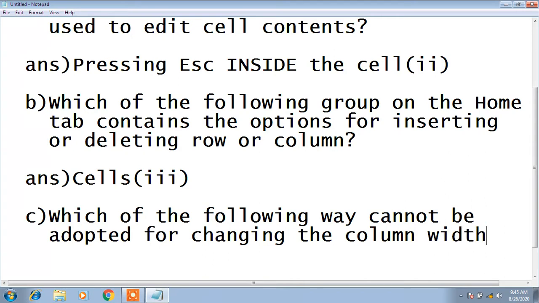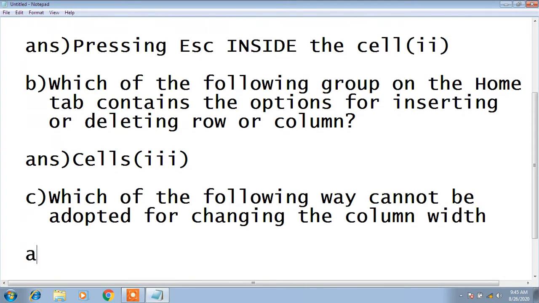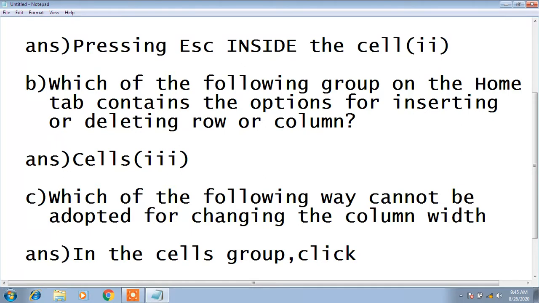The answer of this one is: in the Cells group, click Format, and this one is an arrow.